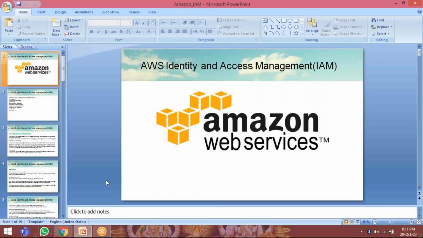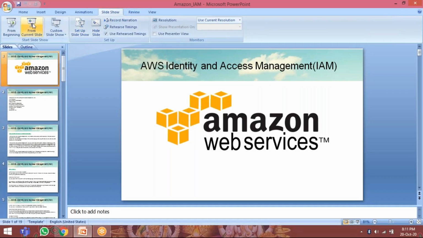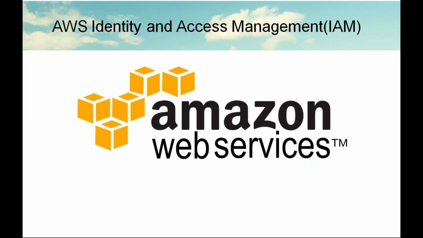So today we are going to discuss AWS Identity and Access Management, IAM. This is like delegation control in Windows. In Linux we call them sudo users, assigning administrator privileges to normal users. So as an AWS account holder, the root login holder, you can give permissions to others to access the AWS services.